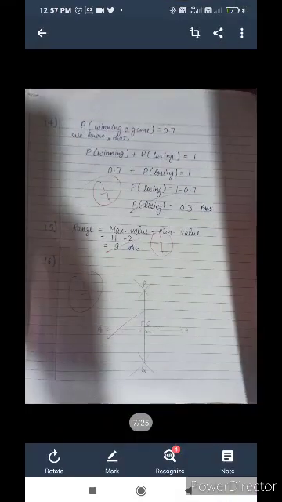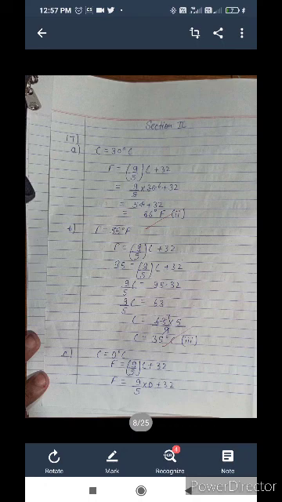In countries USA and Canada, temperature is measured in Fahrenheit, whereas in countries like India it is measured in Celsius. Linear equation that converts Celsius to Fahrenheit is given: F is equal to 9 by 5 C plus 32. For part A, if the temperature is 30 degrees Celsius, what is the temperature in Fahrenheit? In place of C we will substitute 30. 5 sixes are 30. So 9 into 6 is 54 plus 32, that is 86 degree Fahrenheit.